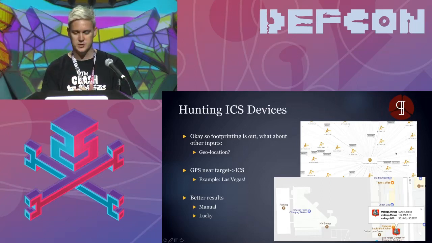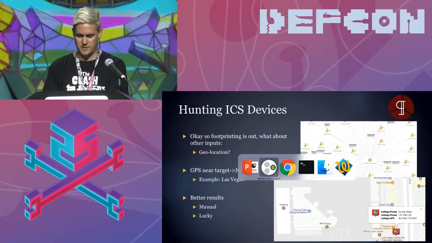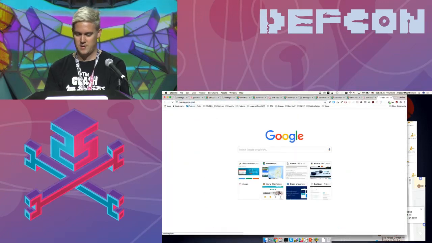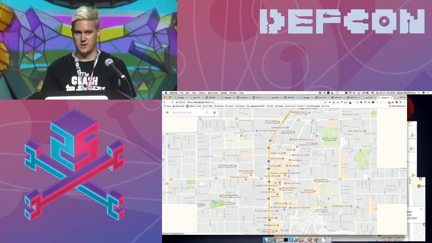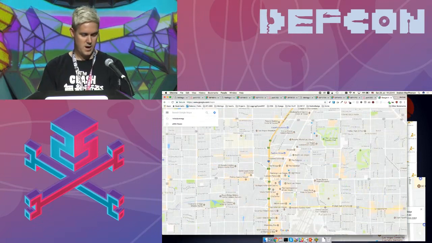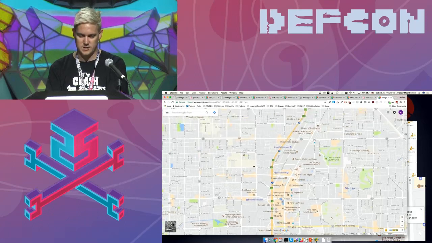And one of the things that you can give Shodan is a GPS coordinate. This is really cool because I know some stuff about Nevada Energy. If I had to look at it, I'd say I know that they're probably going to be in Las Vegas, right? I want to turn off all the LEDs. I've got to get them from Vegas. So what I can do is I can take any sort of point in Vegas.